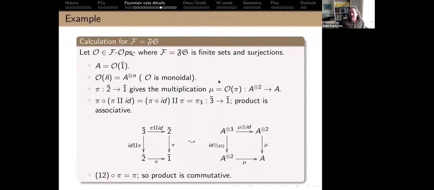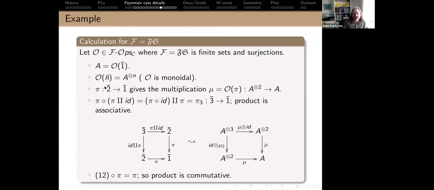Moving on, let me just do a little fun example. So you might see a difference. We had these finite sets. Maybe I'll just do surjections, and I claimed I'll get algebras out. This is kind of nice. If I have a monoidal functor, I only have to know it on the generating object, which is 1. I call the value of that functor O on the generating object; it will be something in the target category C. I'll call this A for algebra. Then O_N, because it's a monoidal functor, is up to isomorphism, but let's make it strict, A tensor N. That gives me the functor on objects.